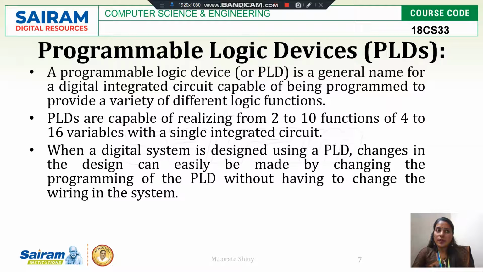In many PLDs we have thousands of gates and flip-flops, which is used to replace larger ICs. So the cost is also less, and design time is also less.